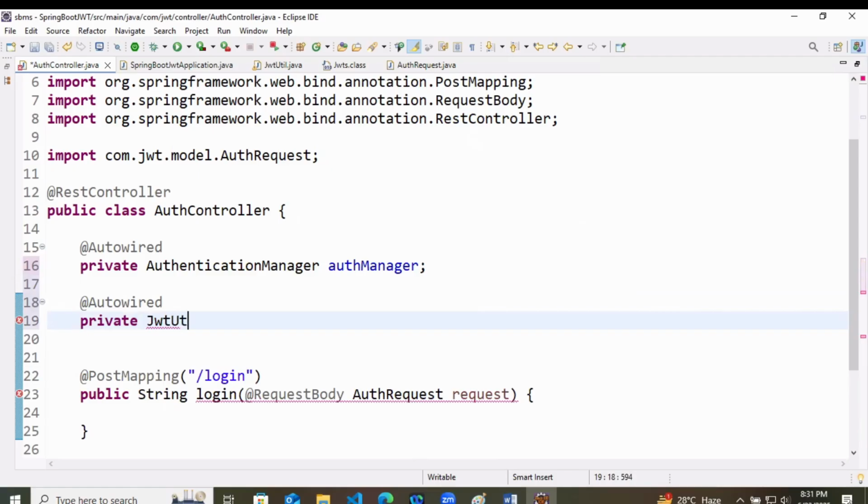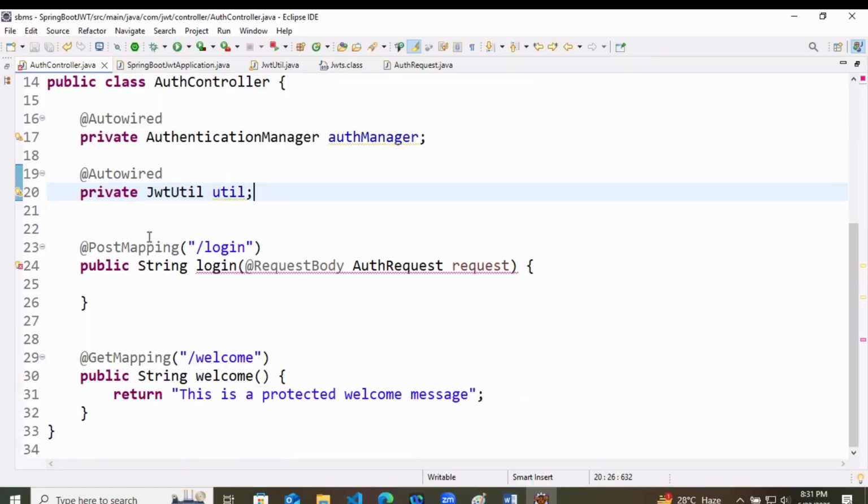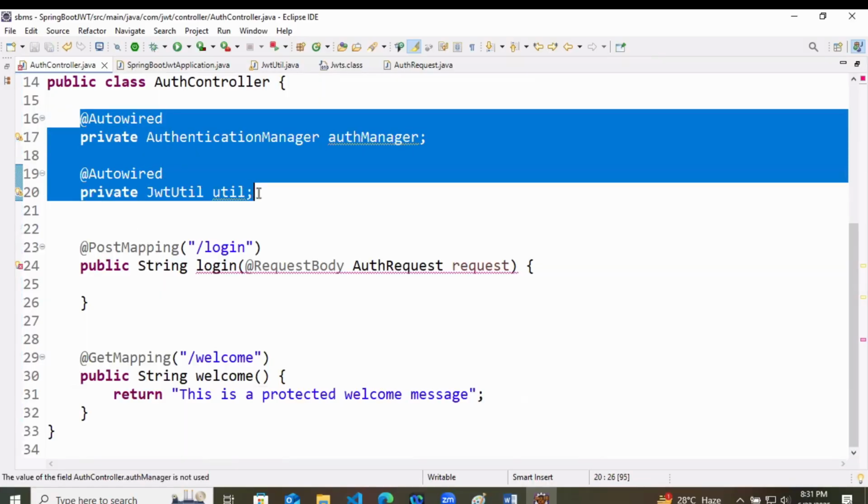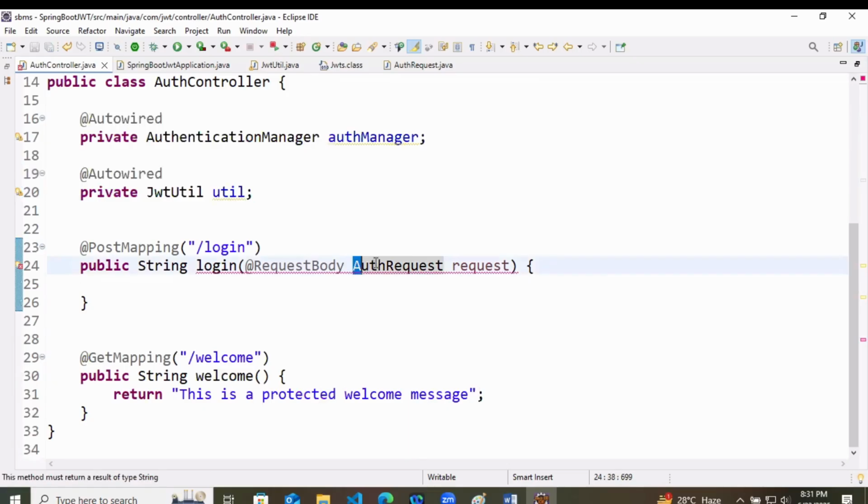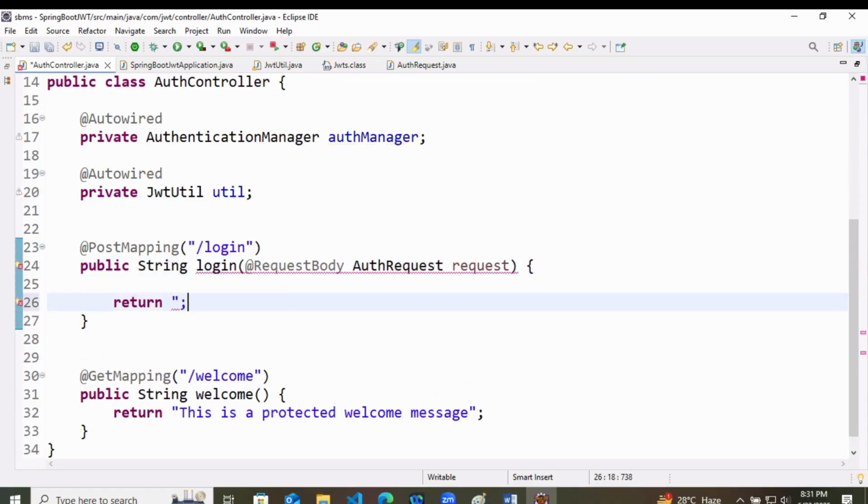Same, use it here: JWT util and util, like this. You can keep it. So here we have auto wired these two things now.